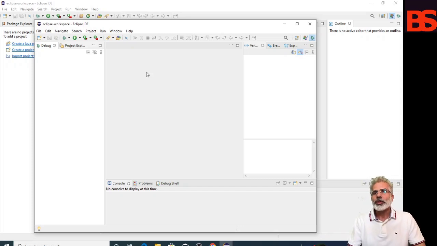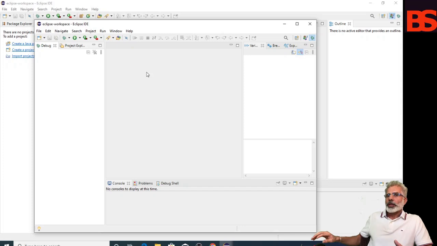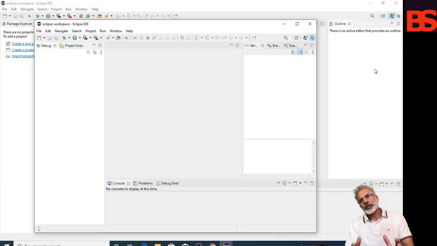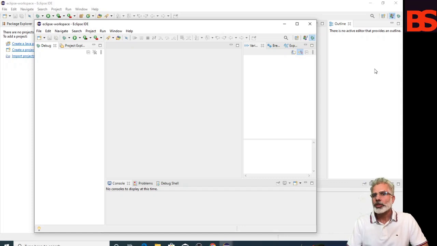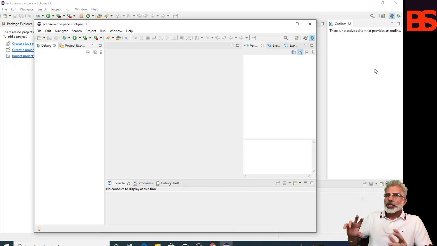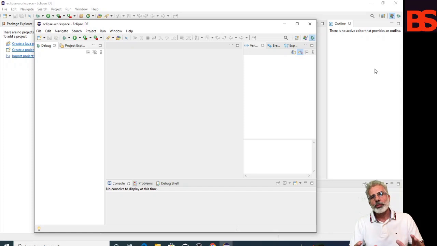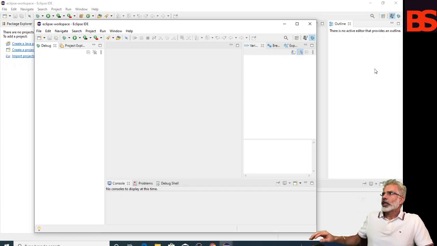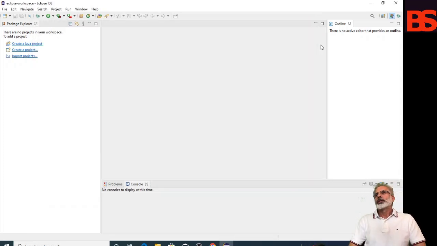So the window showing the Java perspective can be used for editing purposes, and the window showing the debug perspective can be used for debugging the application being developed. So in the same application you can use multiple windows. And after that I want to discuss a little bit about menus.